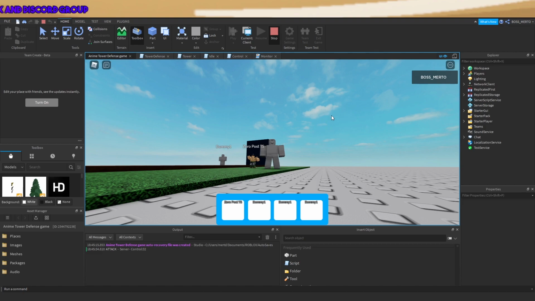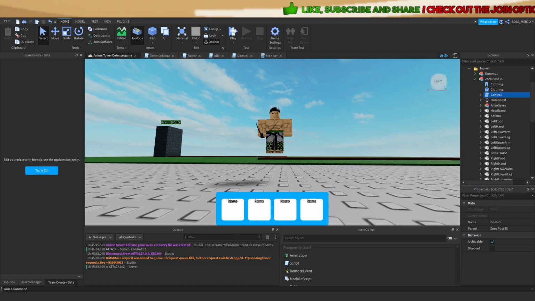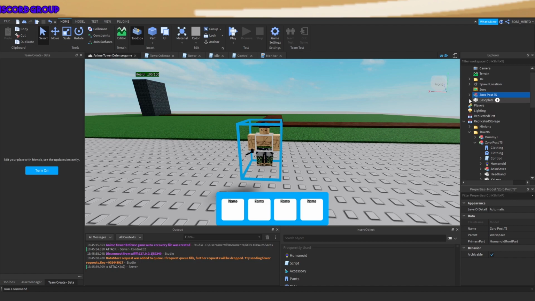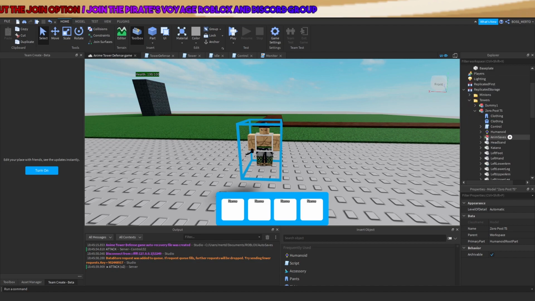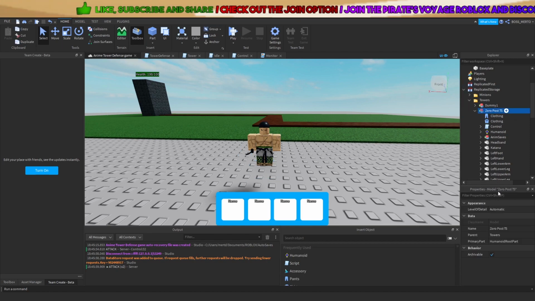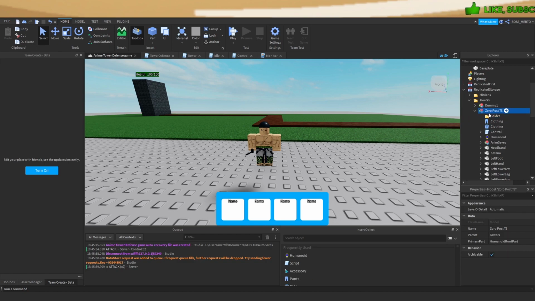Alright guys, so now to the next thing I want to do. Okay, we still want to do that leveling thing, and that is going to be a bit more complicated, of course, but let's just get right into it without any further talking, guys. So what we want to do first of all is create a folder inside of that tower